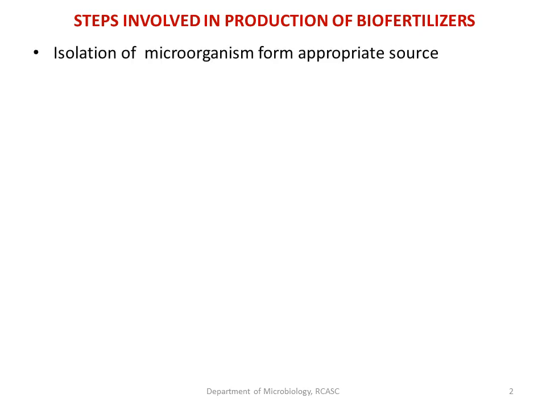The first and foremost thing is isolation of microorganism from an appropriate source. See, if I have to produce a rhizobium or an acetobacter or an azospirillum or any other blue green algae, the first and foremost thing is we require an appropriate microorganism, for which we have to isolate those organisms from a proper source. So for example, if it is a rhizobium, the source will be the root nodules of leguminous plants. Likewise, Azotobacter, since it is a free living organism, rhizosphere soil is better.